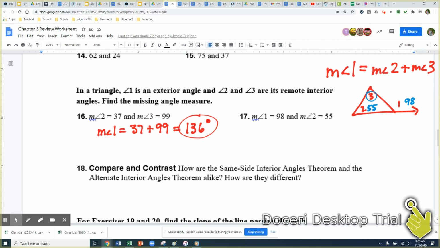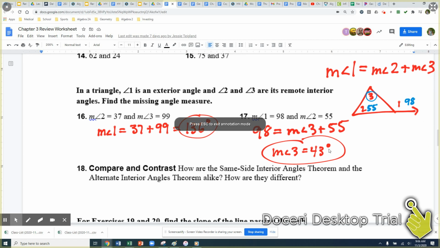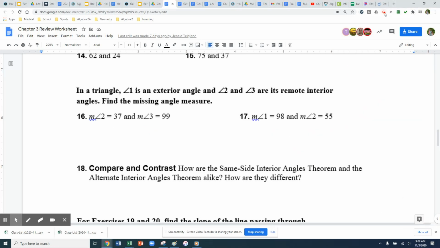Looking at this situation, 98 is going to equal the measure of angle 3 plus 55. So 55 plus something is equal to 98. What can I do to figure out what that missing piece is? Subtract them. So I'm going to get the measure of angle 3 is equal to 43 degrees. So there would be my missing piece. And that's what I need to have the two remote interiors add up to that exterior angle of 98 degrees. So looking back at our quizzes,